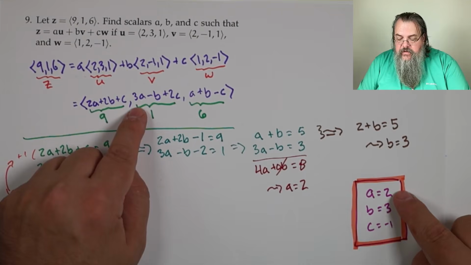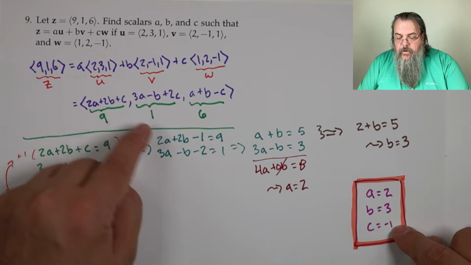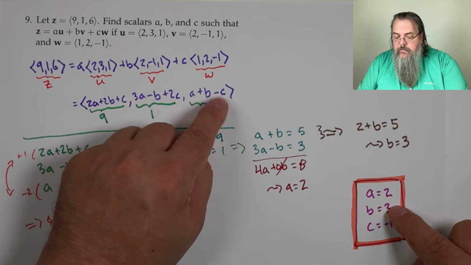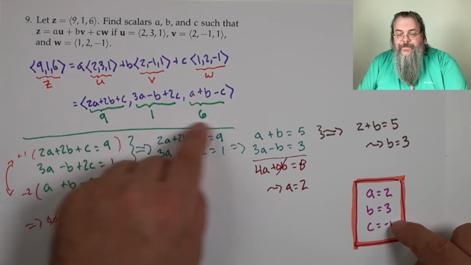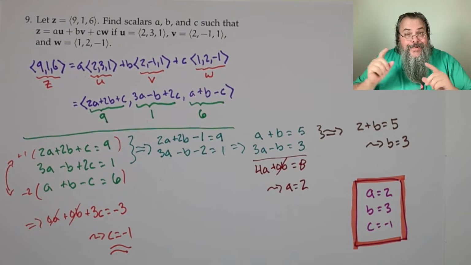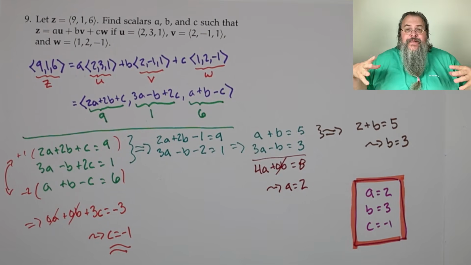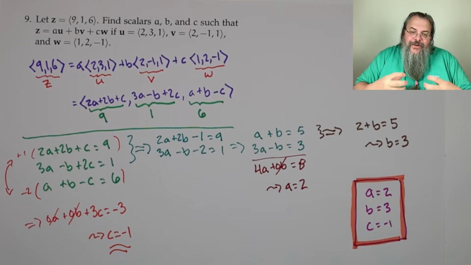3 times 2 is 6, minus 3 makes 3, minus 2 more makes 1. Then we have a 2 plus 3 minus 1 is a plus 1. 2 plus 3 plus 1 is 6. So we've verified that it satisfies the original, which means we definitely got it right. So this problem is, once you understand, oh, it's just a matter of 3 equations, 3 unknowns,